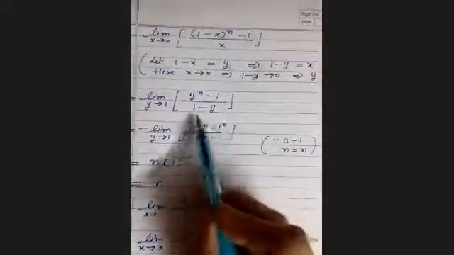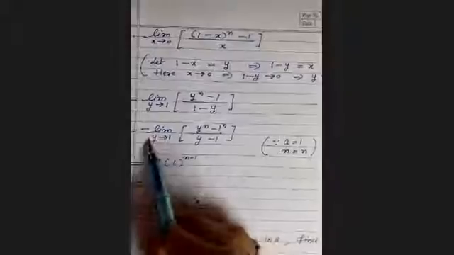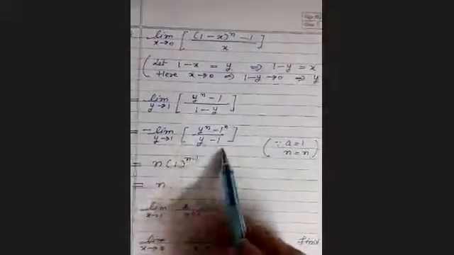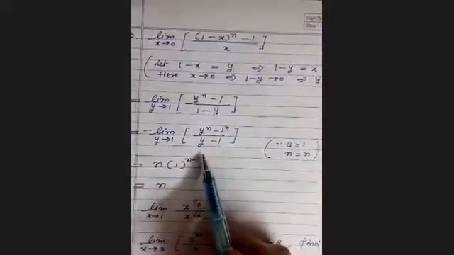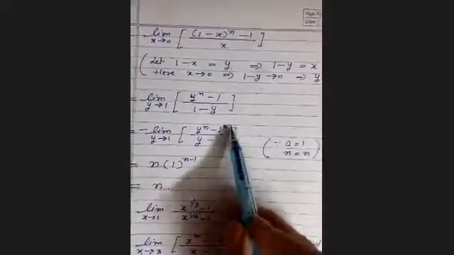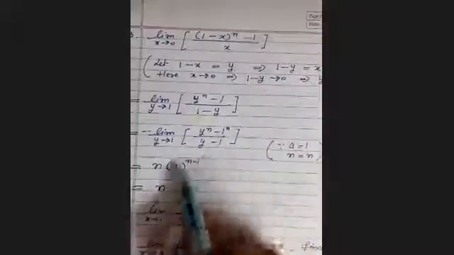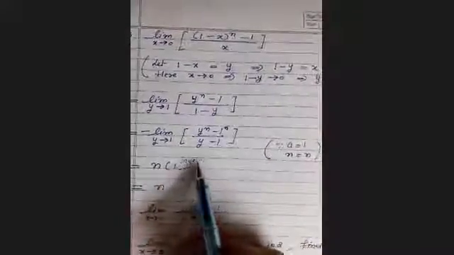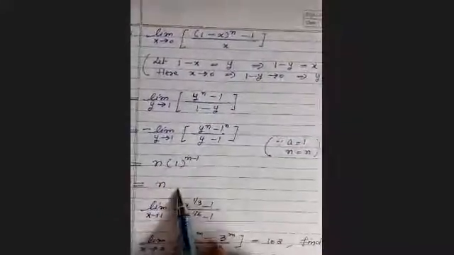And then 1 is shifting there, so it will become y tends to 1. Means the whole question will change in terms of the variable y. After changing it, we take the minus sign common. After taking the minus sign common, we get y power n minus 1 upon y minus 1, and we apply the same rule which we have done. In place of 1, we write 1 power n because 1 power n is 1, and applying n a power n minus 1, the limit of this function is n. You can try these questions yourself.